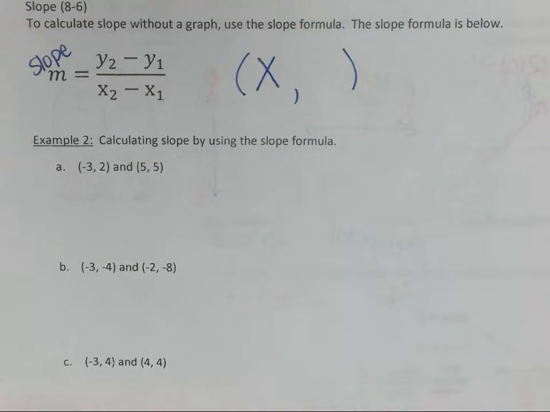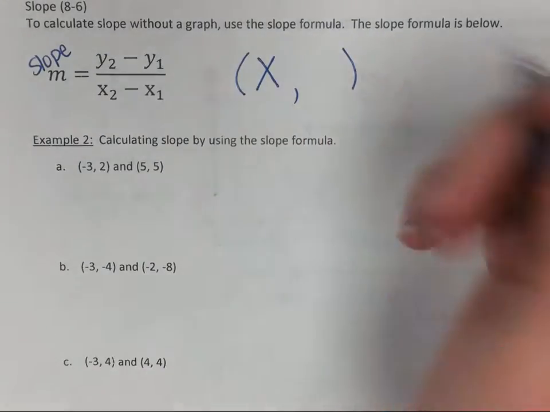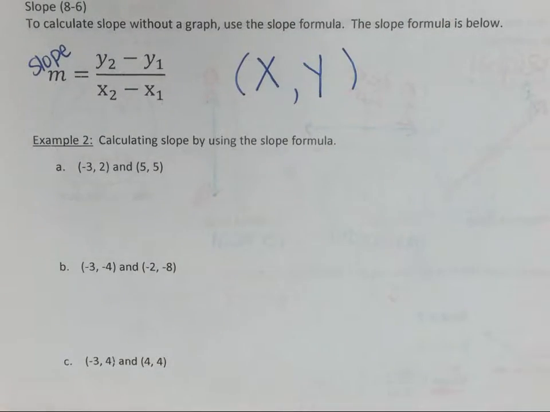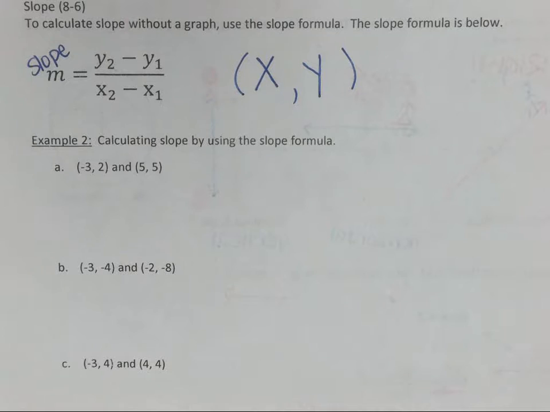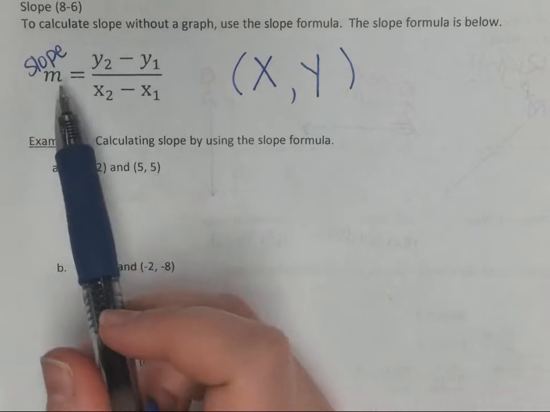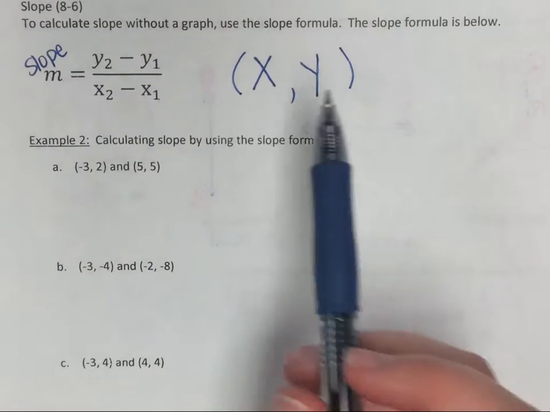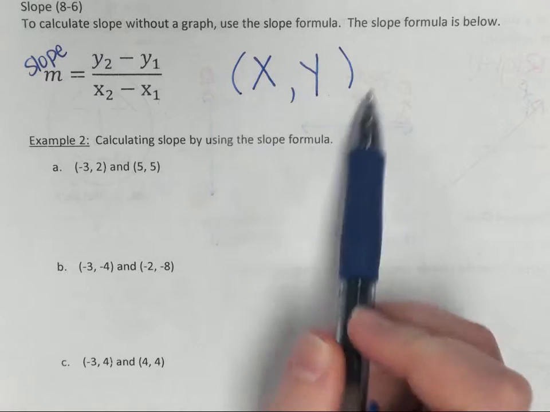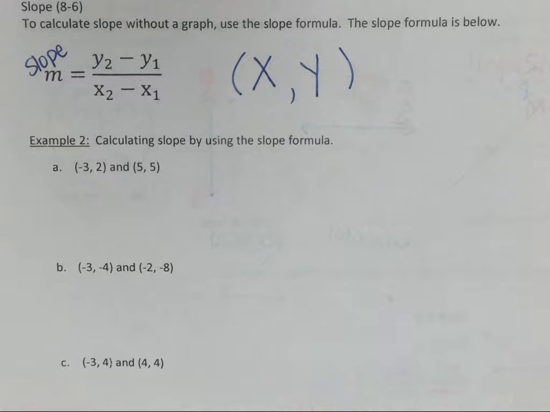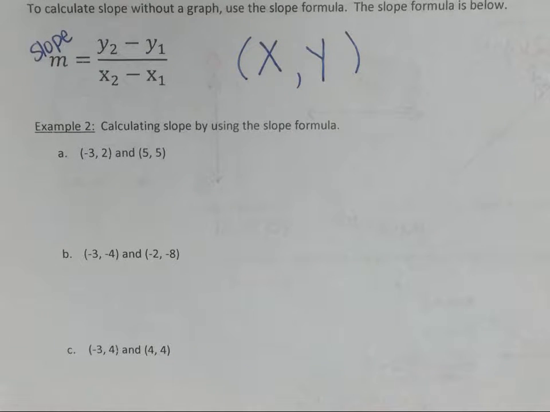The X. When we have a coordinate, X comes first, Y comes second. We have to know that in order to do this. Please write that down on your papers because y'all are staring at me and not writing. Okay? So we should have the word slope written down, and we should have X comma Y written down. So this is how coordinates look. Okay? So whenever we are using the slope formula, I am always going to have you start by labeling